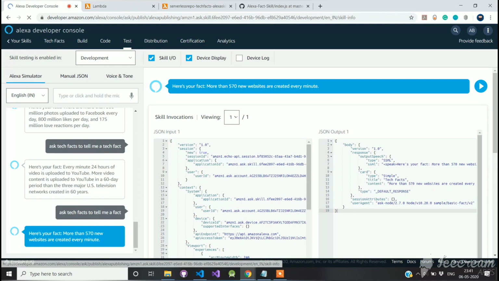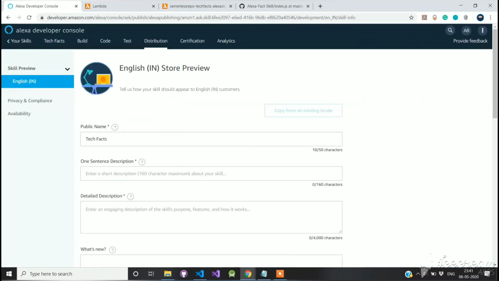Click on Distribution. On this page, enter all the details required.